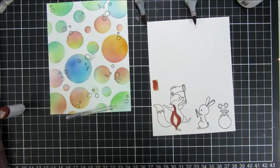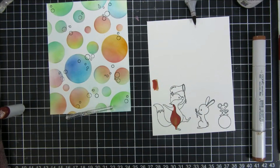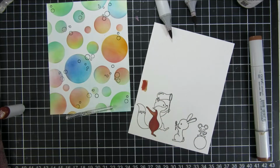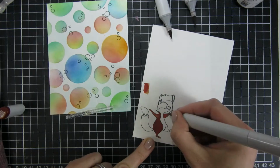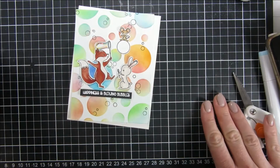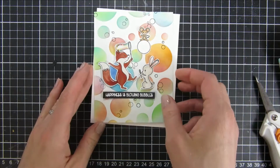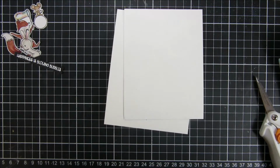So I'm going across my panel with a couple of shades of brown, and I sped this up quite a lot so you don't have to see me color all of this in. I wanted this to be in a really warm and reddish brown color, since I love when foxes are colored in that way. I fussy cut all of my images out,